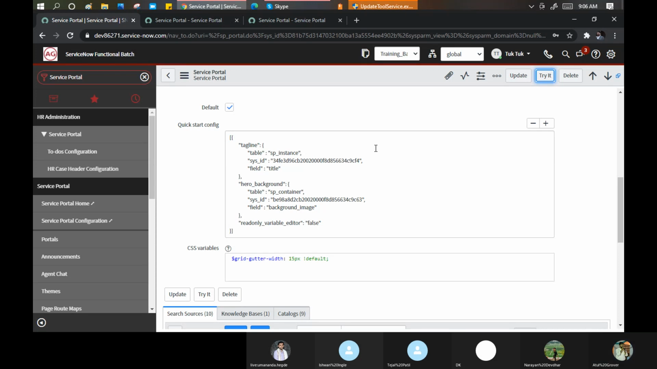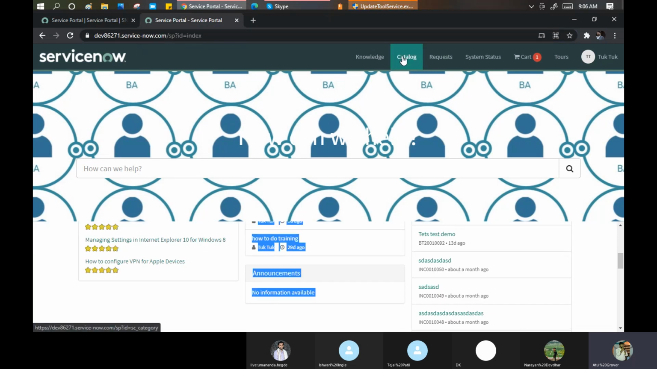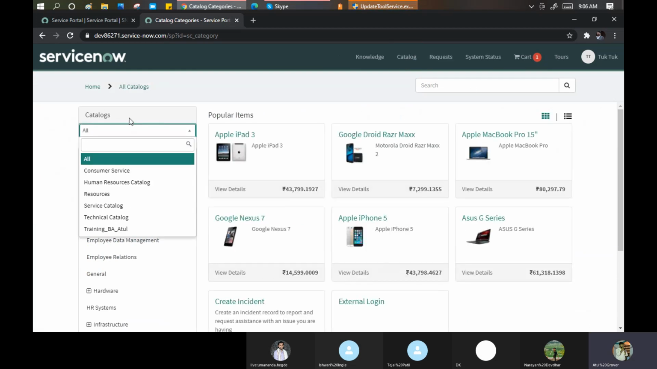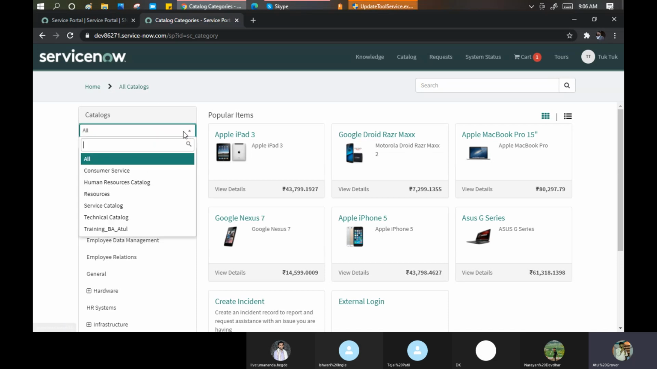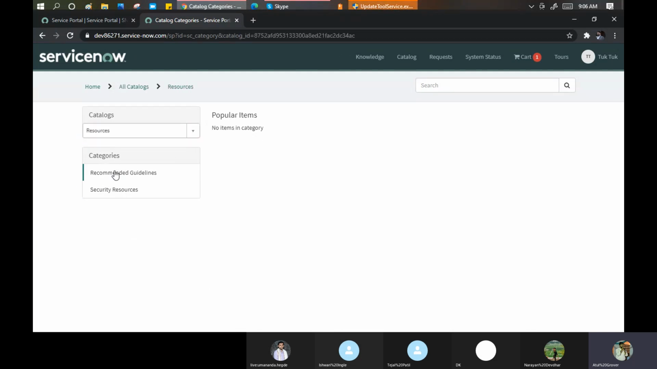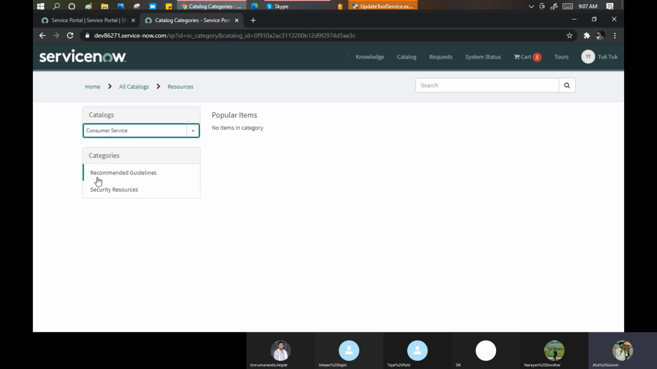Okay. Now I'm going to start one more interesting topic. Let me close this and come to this point, because it is one of the core areas: Catalog. We added the categories here. Under this catalog, we have a category. If I click on this one, let me click on the resources. See, my category also changes. If I click on the consumer services,